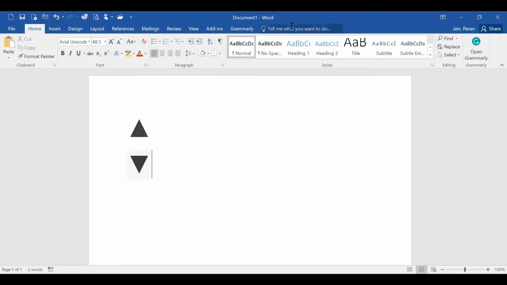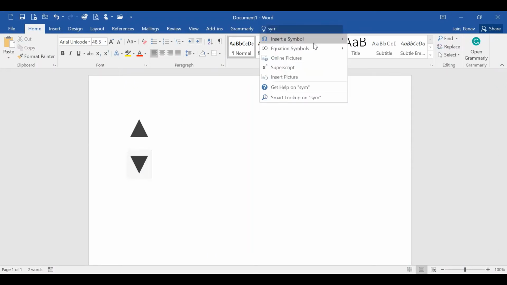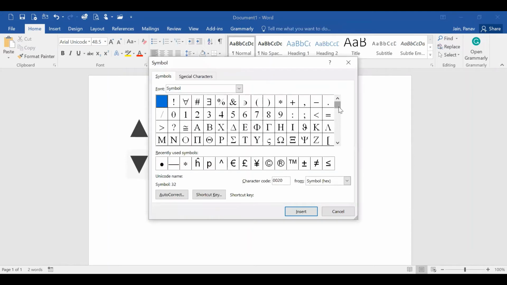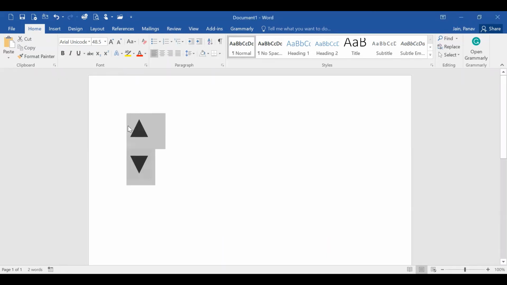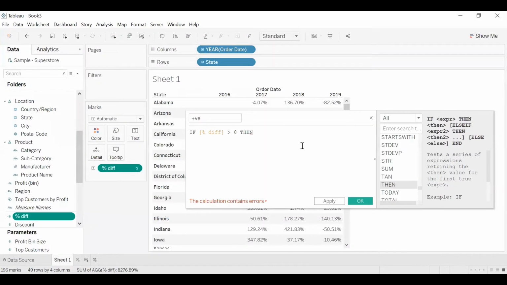How I have got these symbols is by just typing symbol here, insert a symbol, more symbols, and if you scroll down, you'll eventually find these symbols. You'll also find different upward and downward facing arrows like these, and you can choose around. But I have already chosen these two arrows, so I'll just copy them and I'll go back to my Tableau, and I'll just say that if the difference is greater than 0, then